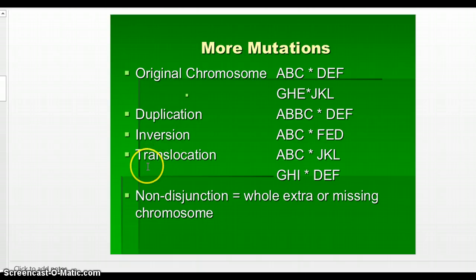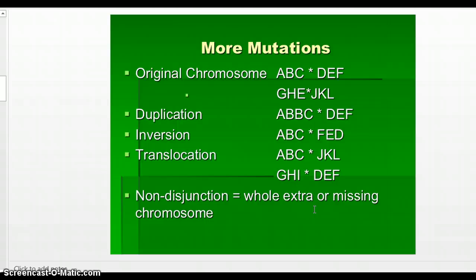Translocation: trans means to move, we're moving location. As you can see, we have A, B, C, but then the J, K, L, and the D, E, F switch places. So things got moved to a different location. And then there's non-disjunction, and I'll explain that in a minute, but it's how you can get a whole extra